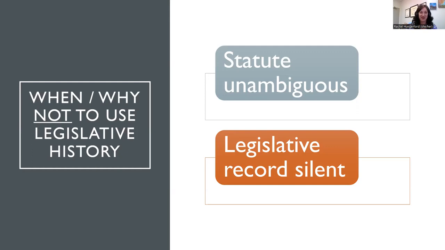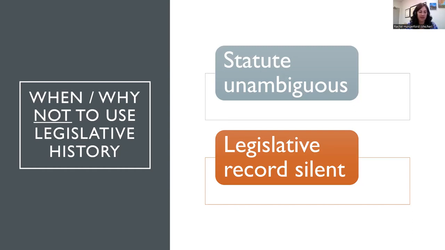But let's say you have a statutory interpretation question where you think the legislative history is going to be helpful. You do the research and there is nothing. There's nothing on point to the particular term that you're construing. Unfortunately, I don't know if it's time poorly spent at that point. You can't know that until you get into it, but I would say it's not worth including in your brief at that point. You've already done the research, but